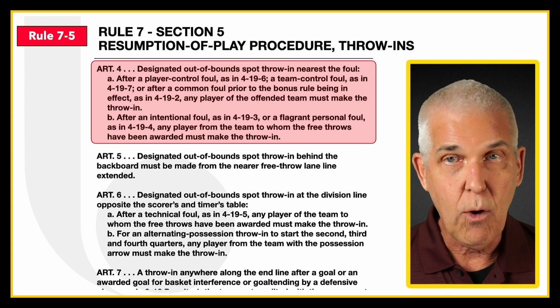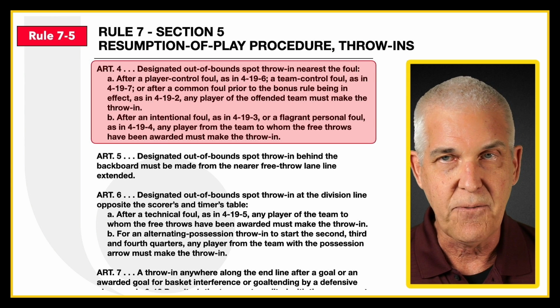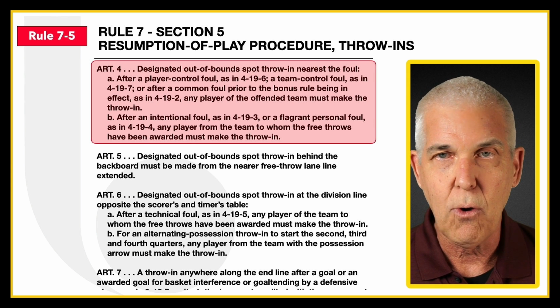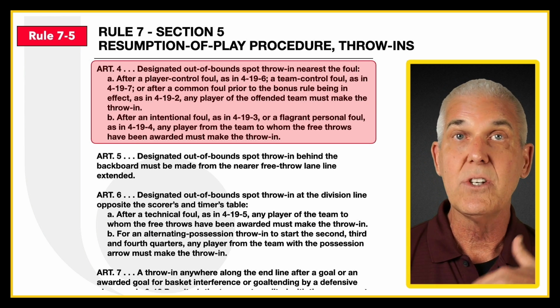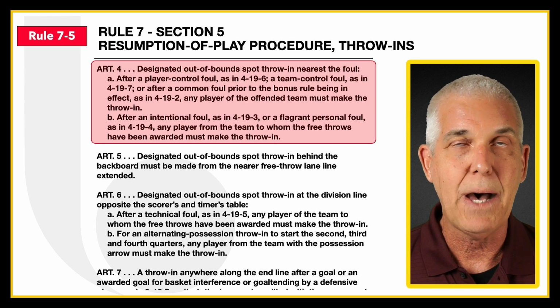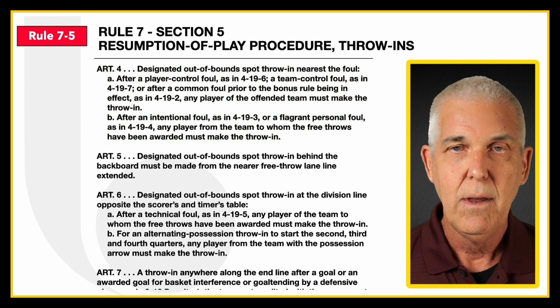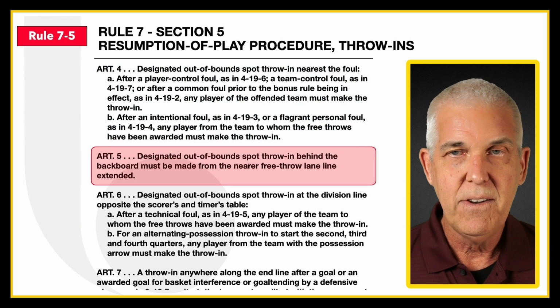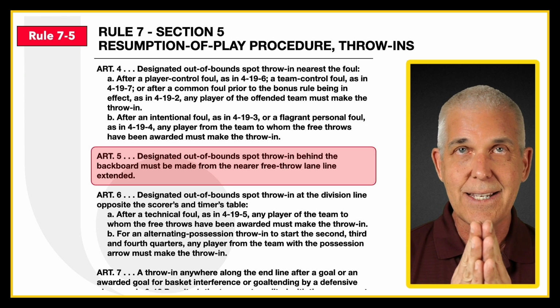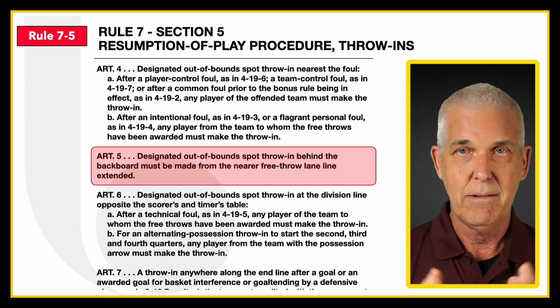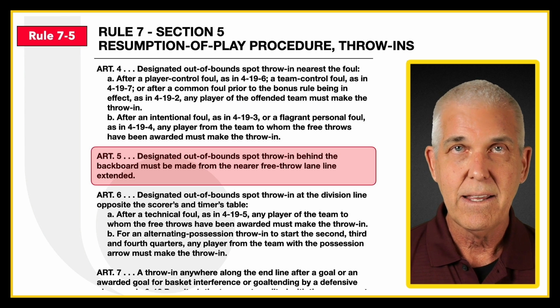It's for a foul, it's going to be at the spot nearest the foul: player control, team control, intentional foul, a resulting or flagrant foul. Our resulting throw-in will be at the spot nearest the foul. Article 5 specifies that if the throw-in spot is in the lane area underneath the basket, that we will bring